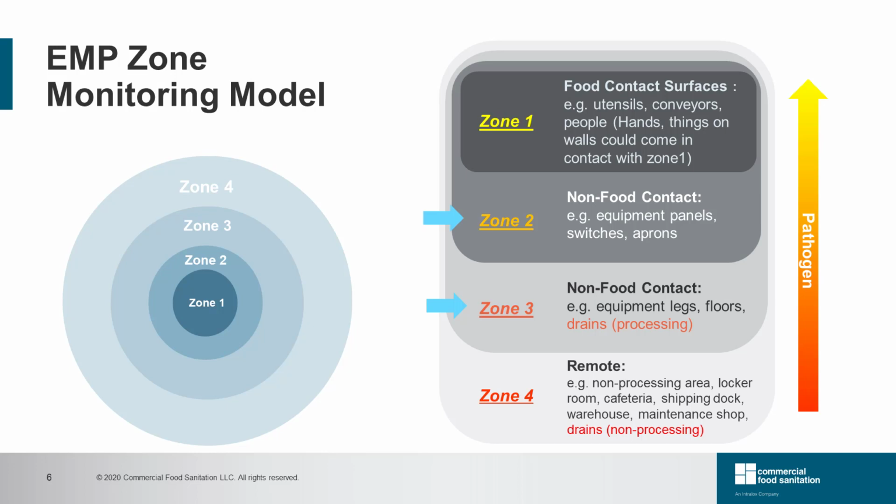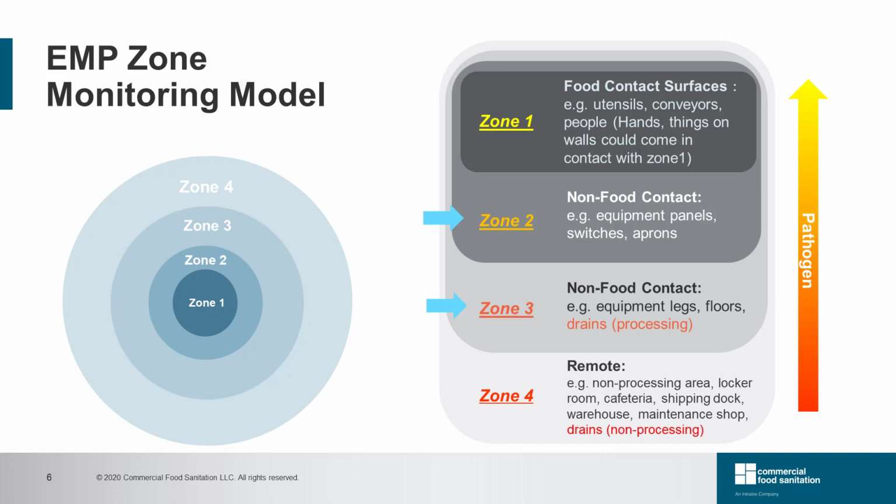Zone 3 refers to the equipment and facility within the production area, such as the floors, walls, floor drains, or lower framework of the equipment. Floor drains are important as they can harbor or collect pathogens and should be included in the pathogen control plans. Zone 4 refers to any other area in the factory outside of the production area, such as changing rooms, corridors,